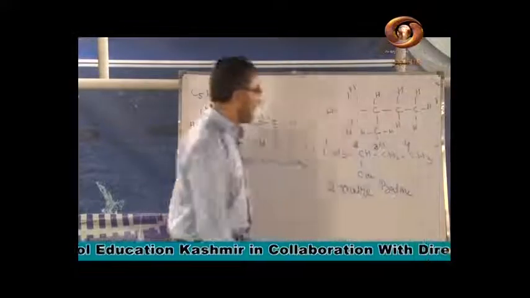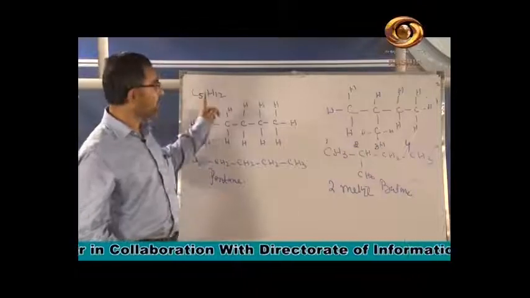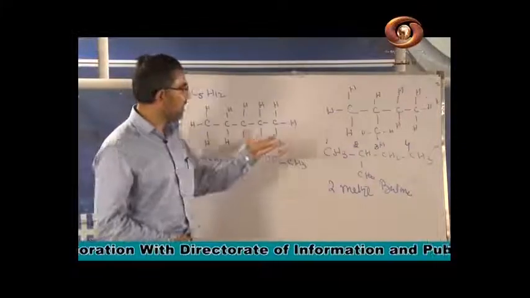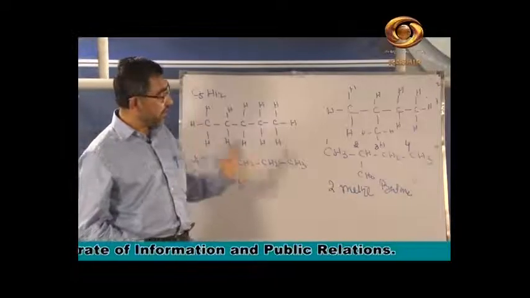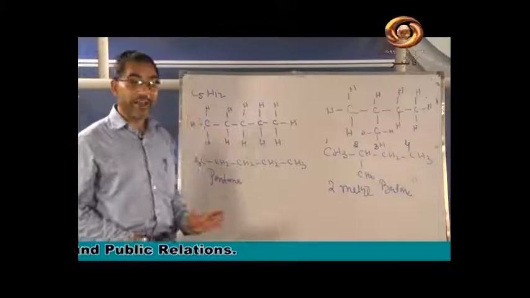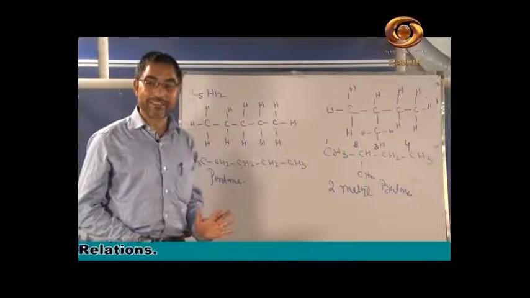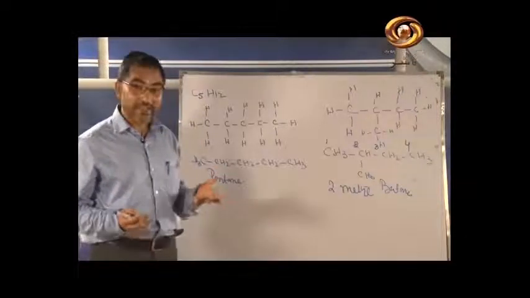One thing is common, that the molecular formula is same. Here C5H12, both the compounds have same molecular formula C5H12. But you see here the name is 2-methyl butane. Here the name is pentane. Are both the chemical entities same? क्या both जो chemical compounds हमारे पास हैं क्या ये same हो सकते हैं?